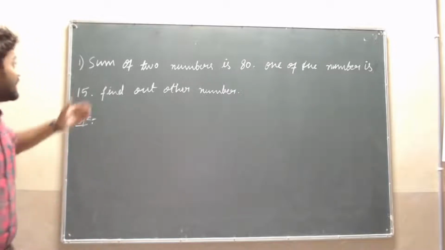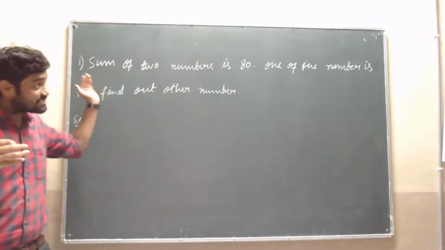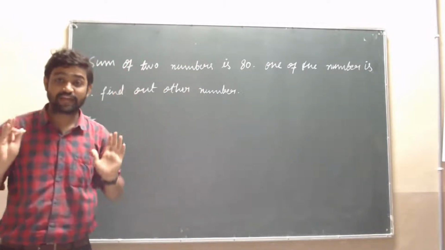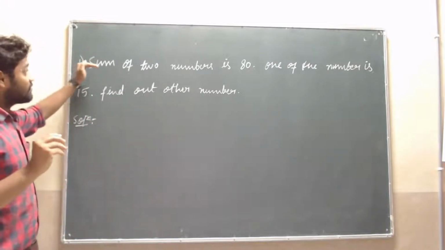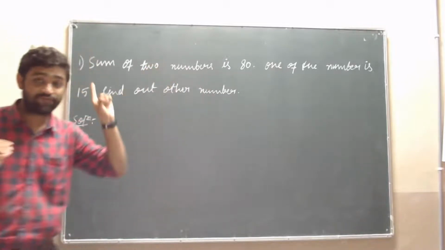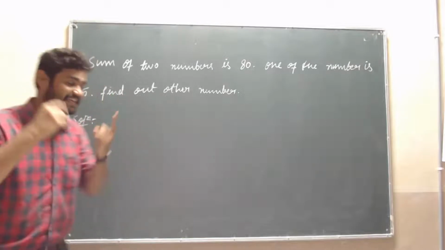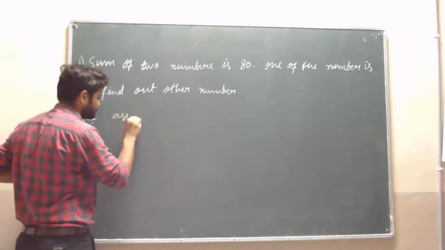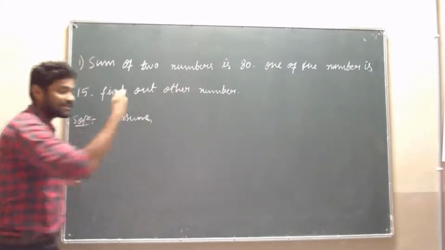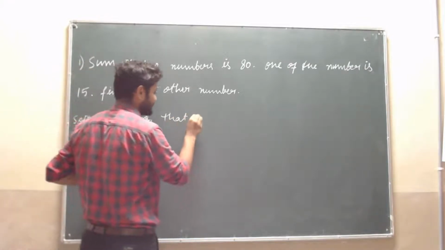See here, the sum of two numbers is 80. First we have to convert this long question into a linear equation. How? Let's see. The sum of two numbers is 80, and one of the numbers is 15. We want the other number. Let's assume, find out the other number, that number to be,